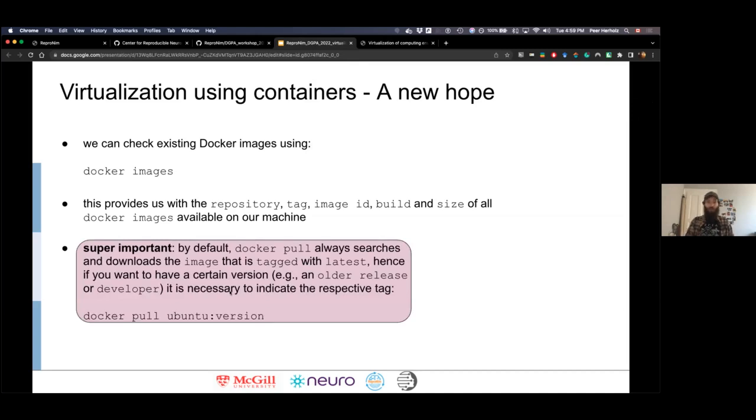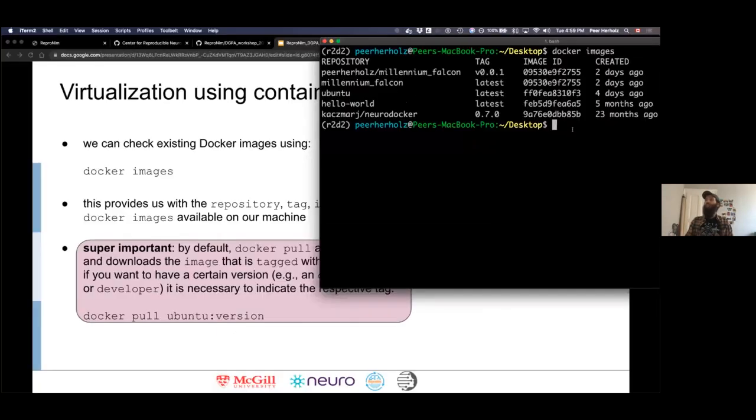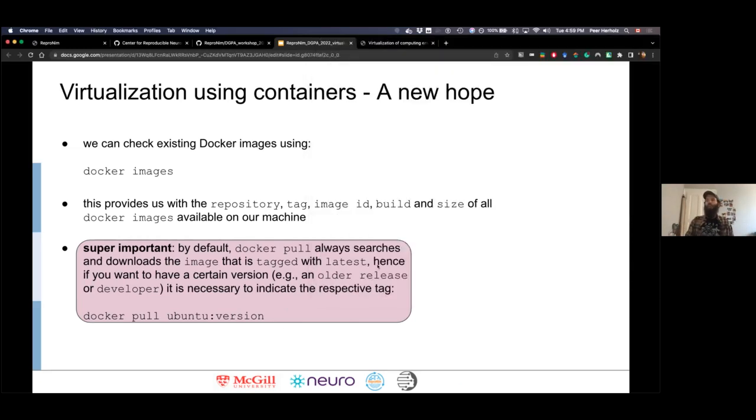And something very important: when you use docker pull or run, this searches and downloads the image that is tagged with latest, as you saw before. If we don't specify anything, it will always use the latest version, the newest version it finds online. However, this is also not good for reproducibility. So if you want to have a certain version of a software container that you want to use for your analysis, for example, an older release or a development version could also be a case, you need to indicate the